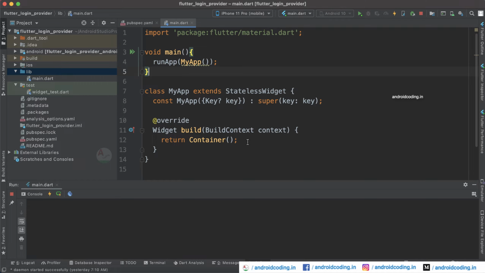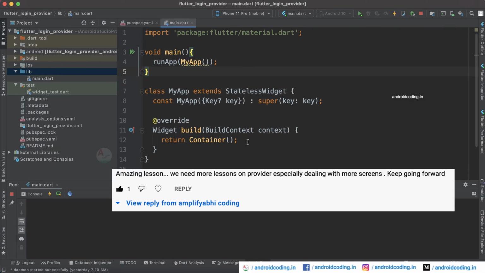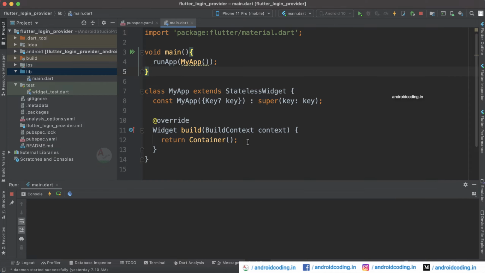Before getting through our tutorial here, let's discuss what a provider is in a simple way. In our previous tutorials I got some requests from people to explain the provider when we are using multiple screens. So in this tutorial I will be especially focusing on this particular concept.